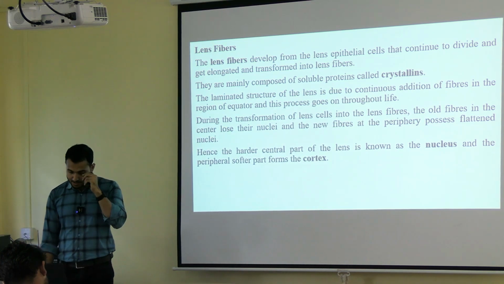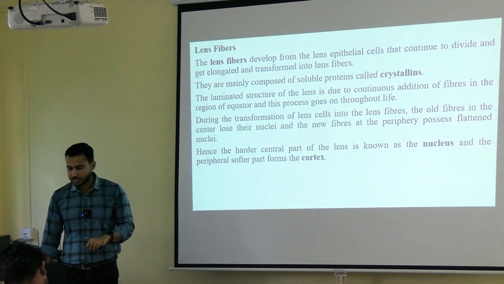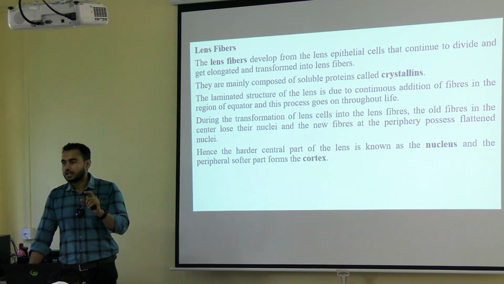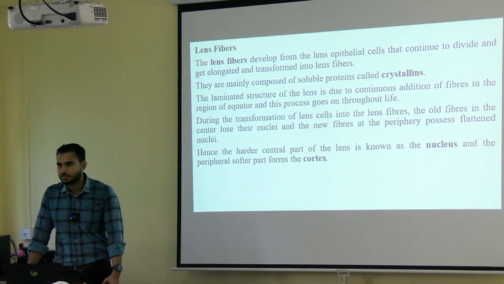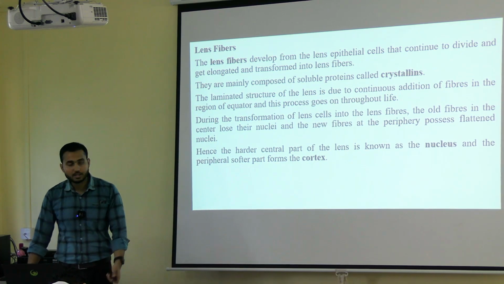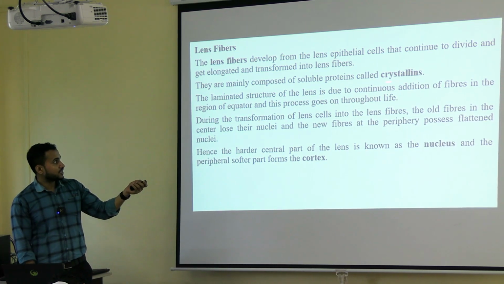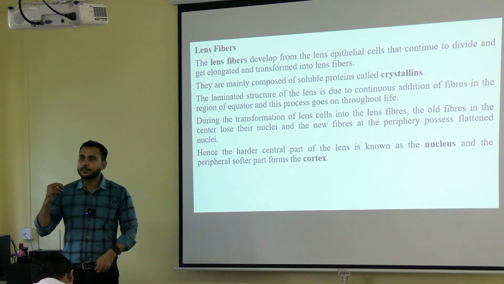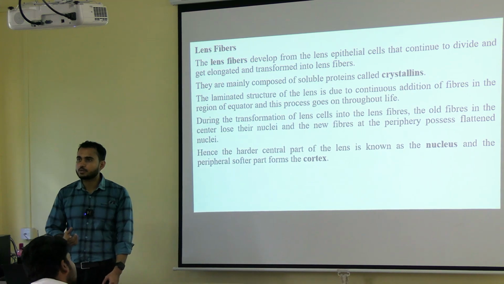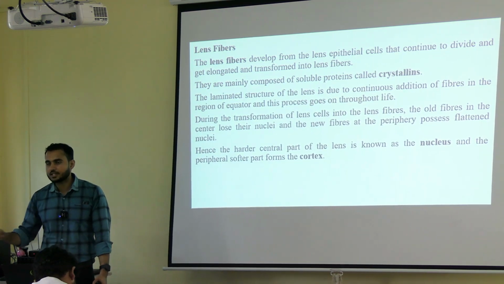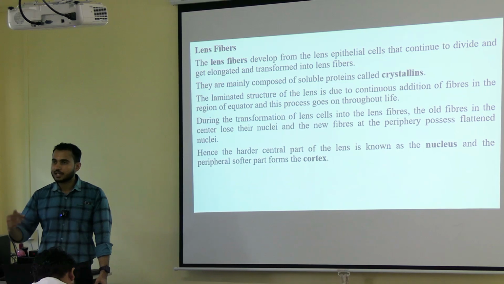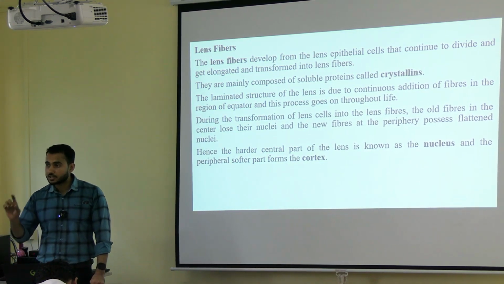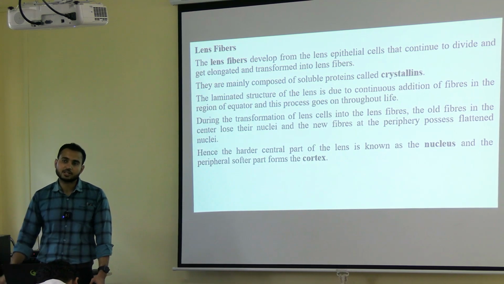Next is the lens fibers. So how are the lens fibers formed? Just now I told you how the lens fibers are formed. When the lens fibers are formed, a protein is present in those lens fibers, called crystalline. This is very important. This is the protein present in the lens fibers. Once the cell organelles and the nucleus of the lens fiber degenerate or regress, the mRNA present in the lens fiber still produces the crystalline protein, and the crystalline protein is very important so that the lens fiber can survive.